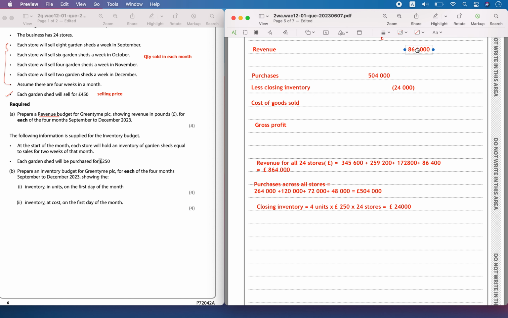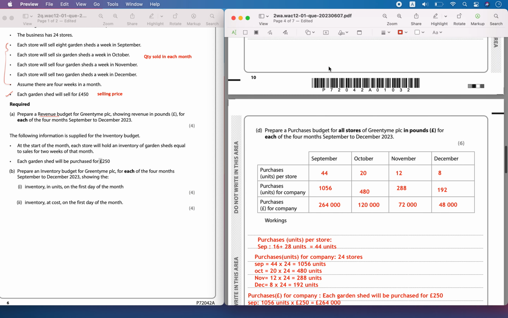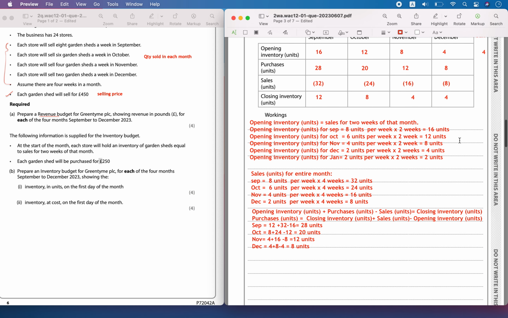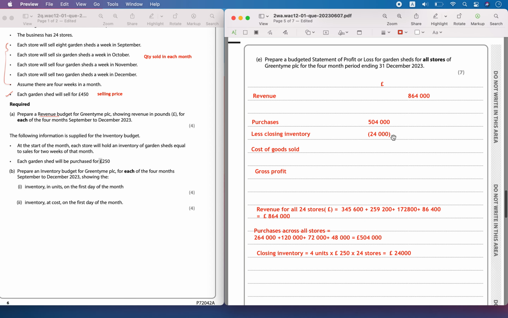Now you had some purchases, you had some revenue. The total purchases at the end was 504,000. Everything in opening was used up, some were sold and some were left. It was done like this for 4 months. At the end, the total purchases was this much. You don't have to calculate opening inventory and closing inventory, but the closing inventory left in December is calculated. Because it's only for a 4-month period, you will find the cost of goods sold.